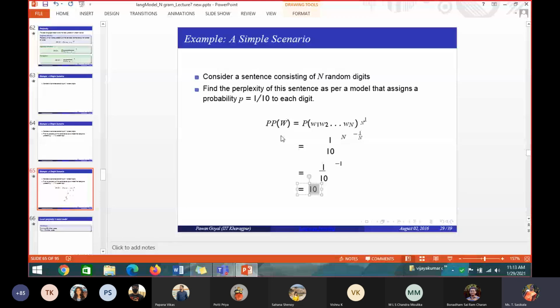Ten words with the same probability; or you can take it as there are 10 possible combinations. If there are 10 words with the same probability, the model is so confused about which one to take. So if the perplexity is high, choosing among them is very difficult. The model is very much confused on the test data among these 10 combinations. Among these 10 combinations, which one will be the next one? If the perplexity, for example, is 2, there are only 2 combinations. Among the 2 combinations, which one will be the next word? Both combinations have the same probability.